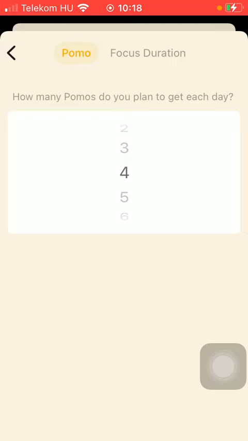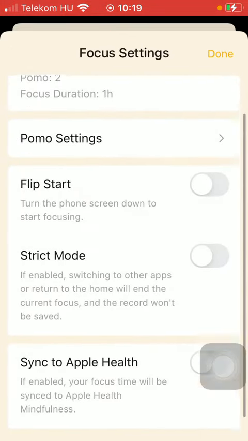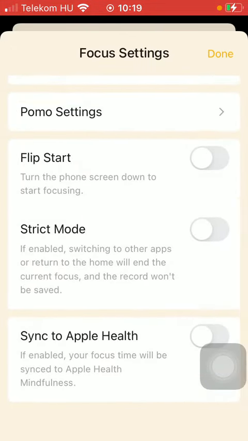You should select how many pomos you plan to get each day, ranging from 1 to 20. You can also select the focus duration. How long do you plan to focus each day? Go back and you can select this flip start function as well, meaning that turn the phone screen down to